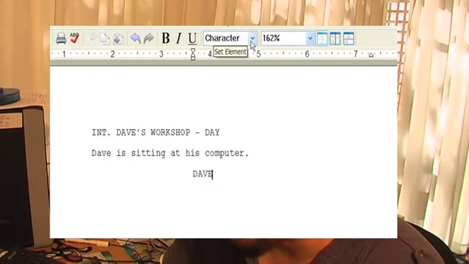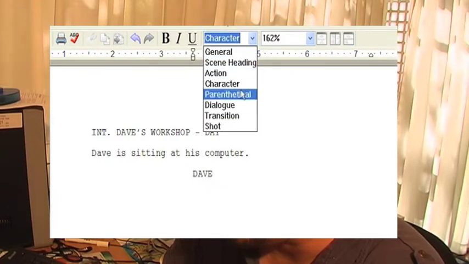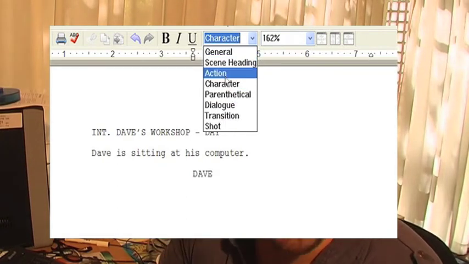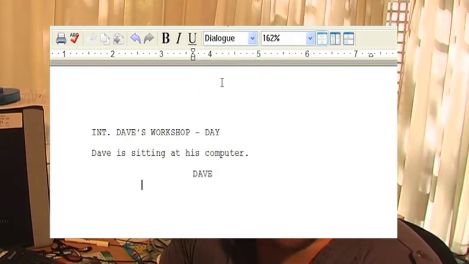If you are worrying about how to format it, as you can see on most packages up the top of the page, there will be a text marker that either says scene heading or action or character or dialogue. Character refers to the character name, and then dialogue refers to what that character says. So as you can see here, we've got scene heading, then some action, and then character, Dave, me,